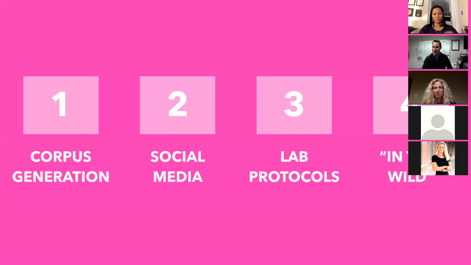If people want to vote in the chat with a 1, 2, 3, or 4, that will give us some direction, and then we will go next. Seeing 2 3s. Okay. Seeing lots of 3s. So I think we'll start there, and then we'll loop back to either 1 or 2, depending on how time goes.